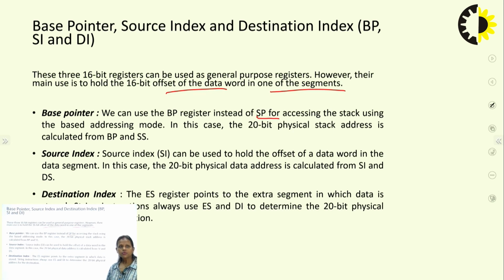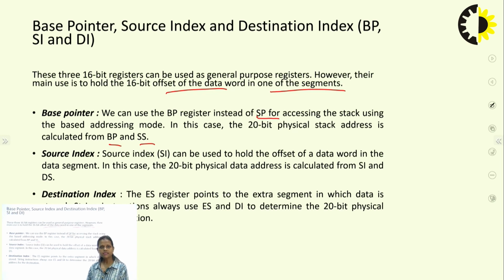In this case, the 20-bit physical stack address is calculated from the base pointer and stack segment. The physical address is actually calculated by the bus interface unit. We give the segment address and the offset address,